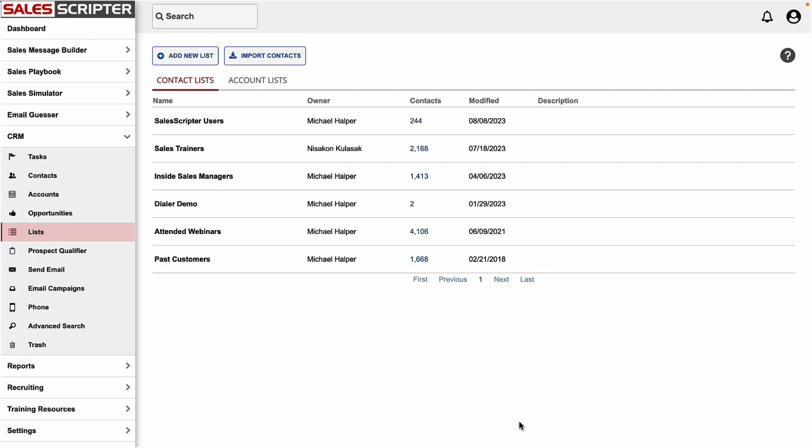Now, another way that our CRM is different than most that I've used is that we make it easy for you to manage and view the contacts that you need to see or that you are pursuing. Most of the CRMs that I've worked in, I've ended up with thousands of contacts and it was difficult to see who I should call that particular day. In our CRM, we make it very easy for you to create lists. Think of these as being similar to playlists on a music device, and then you can very easily add contacts to your lists. So here's some different lists in my account,